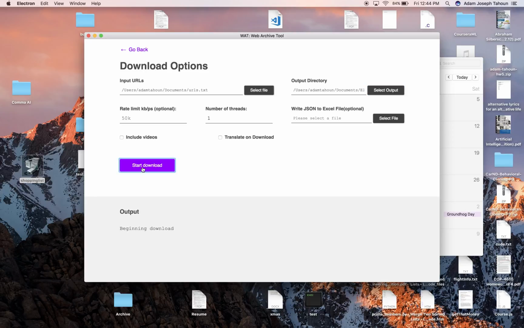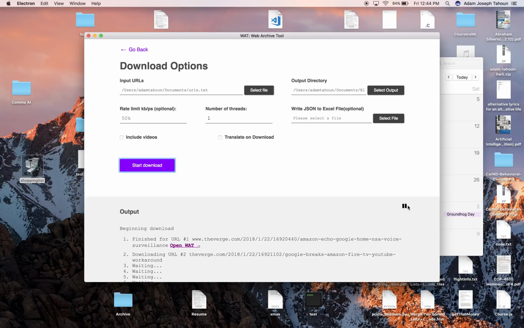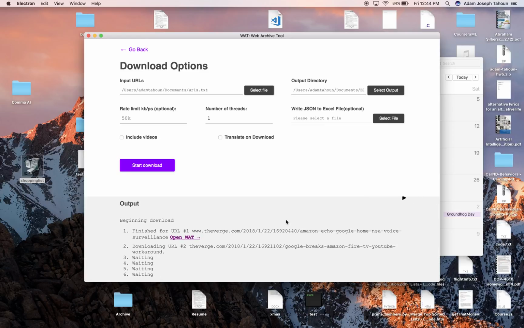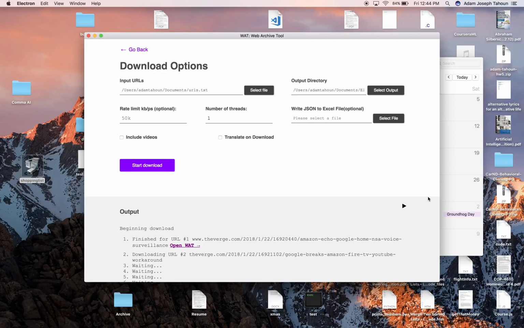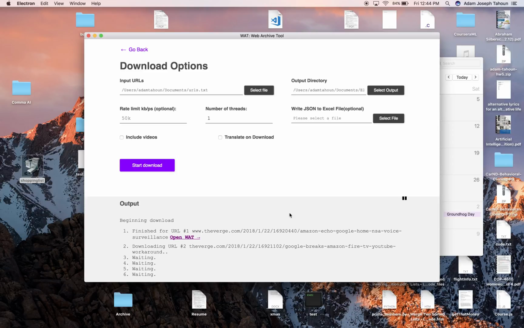So I'm going to start downloading, and we get this button right here. So I'm going to pause it, and it'll pretty much just hang there on the front end until we select resume. So what happens is we spawn a Python process and we send pretty much a signal to it to pause. So if I hit play, it's going to continue